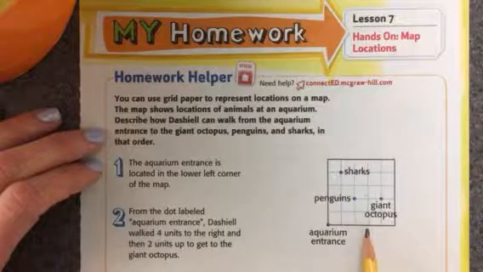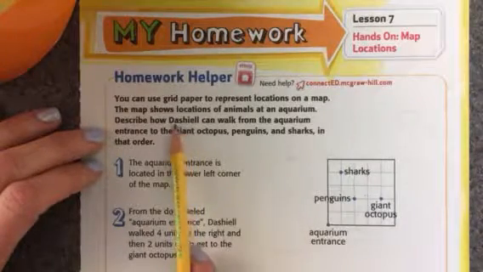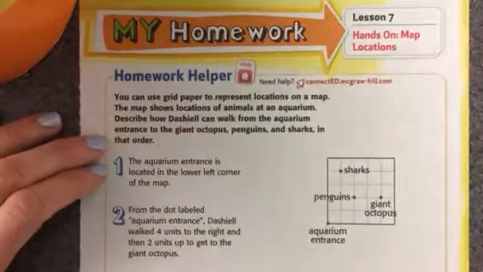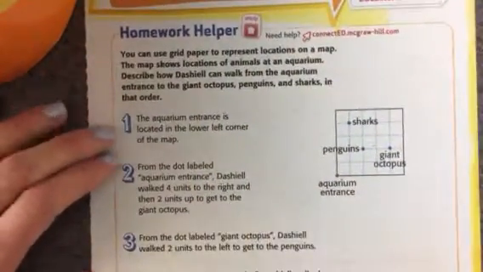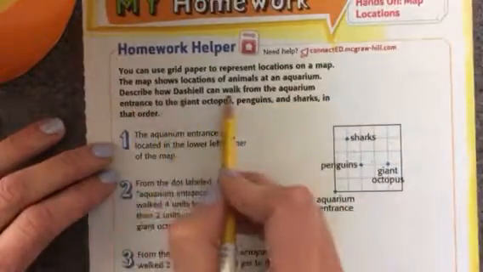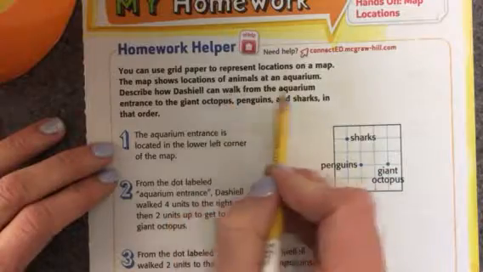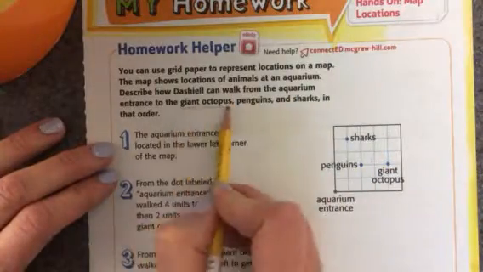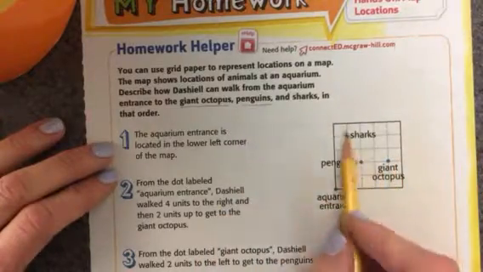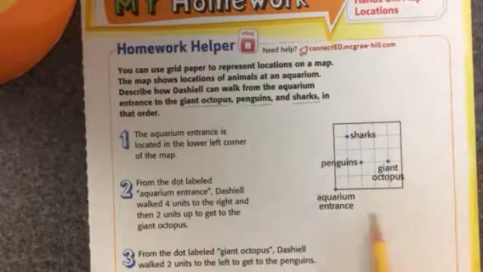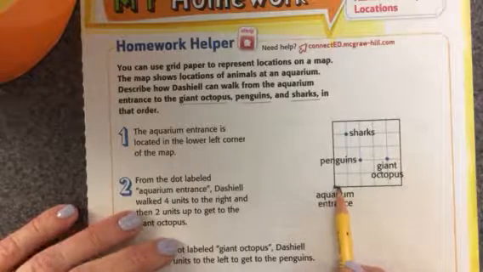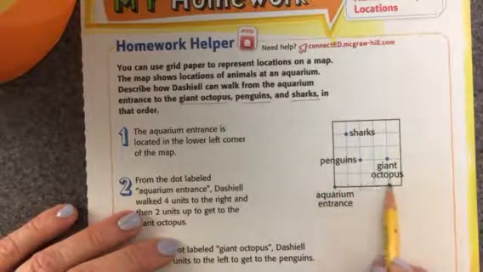Describe how Dashiell can walk from the aquarium entrance to the giant octopus, penguins, and sharks in that order. Here's the aquarium entrance. The first place is from the aquarium to the giant octopus, then to the penguins, then to the sharks. Okay, so from the door labeled aquarium entrance, Dashiell will walk 4 units, 1, 2, 3, 4 units